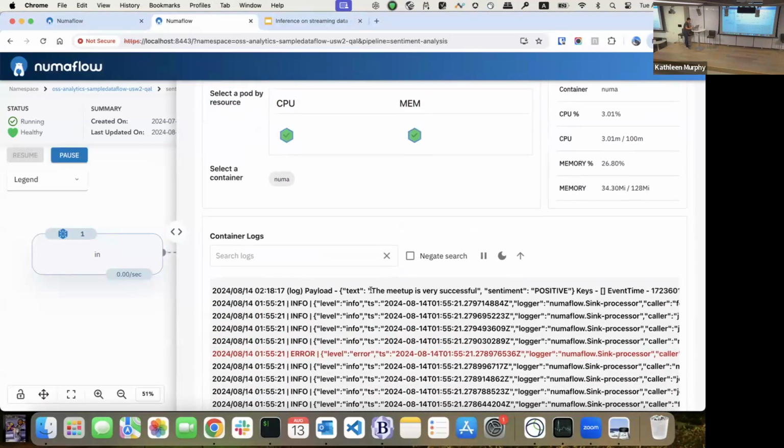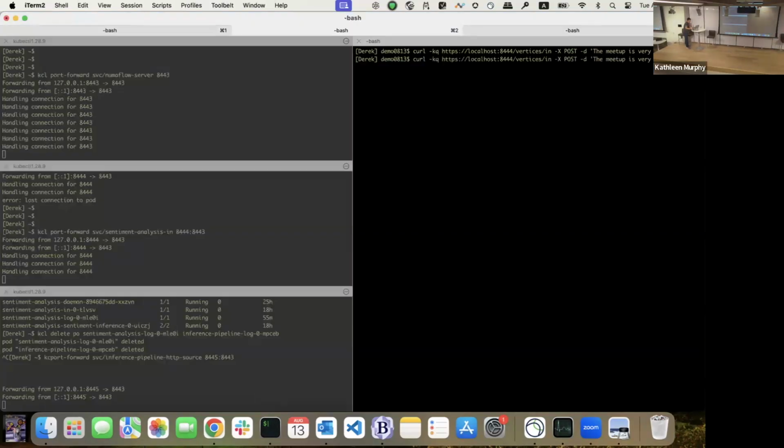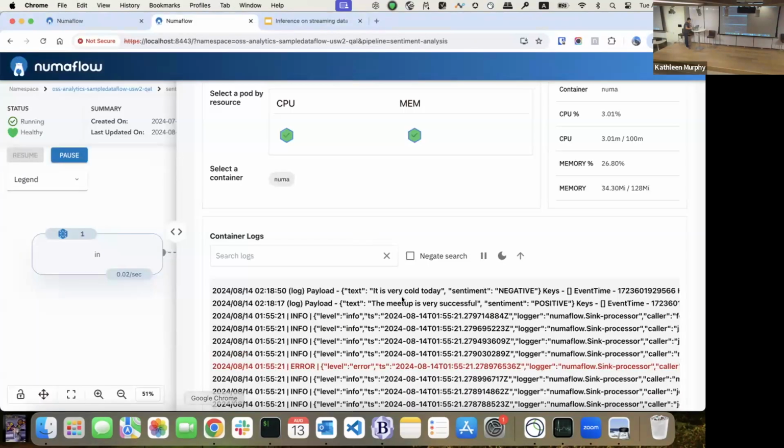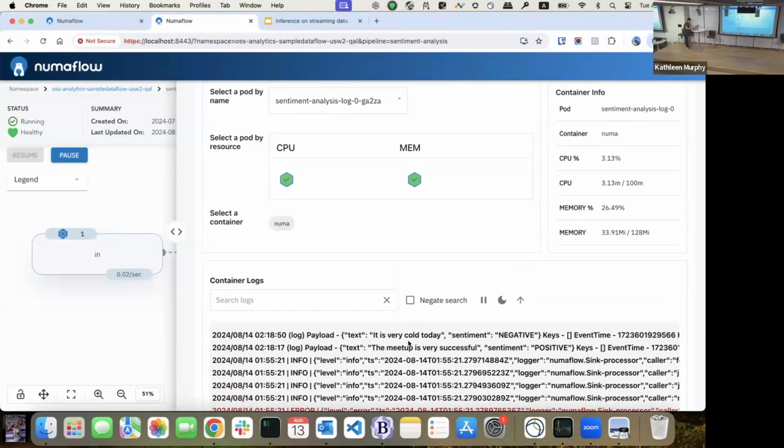And then we see the sentiment analysis for "the Meetup is very successful", and the result is positive. If I send another one, let's say "it's very cold today", and we switch back, we see immediately "it's very cold today" and the result is negative.